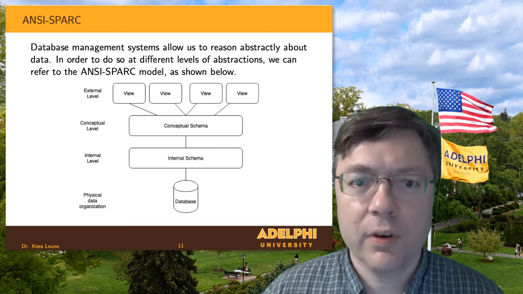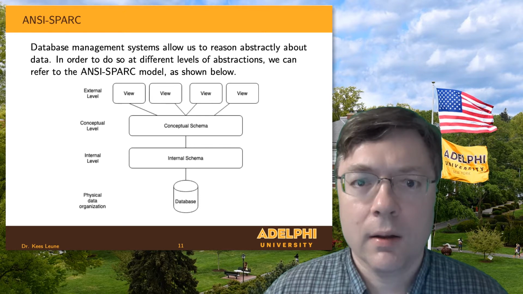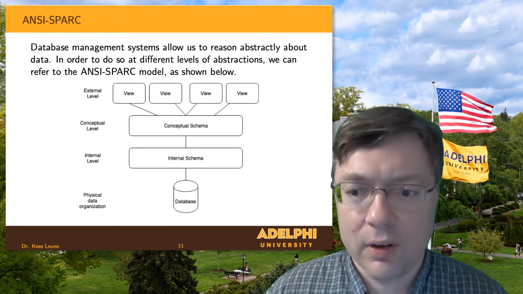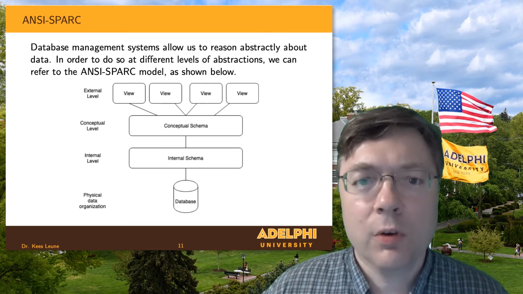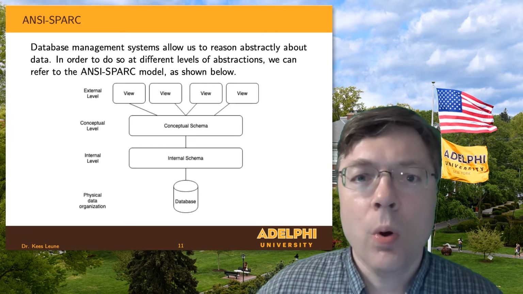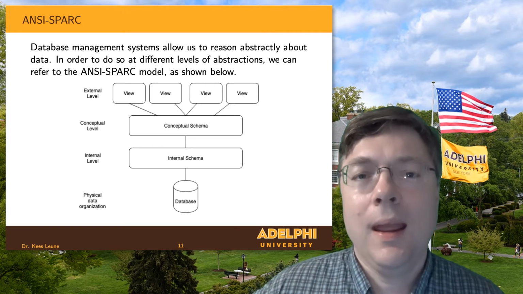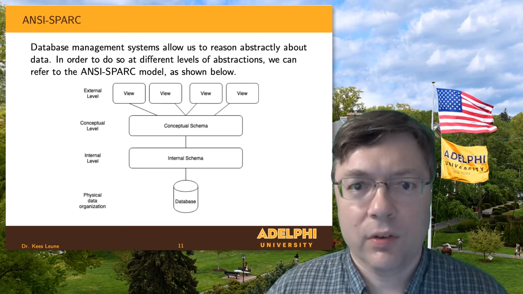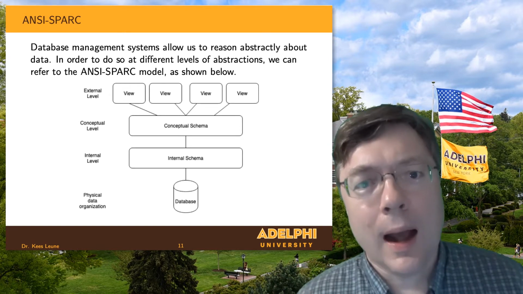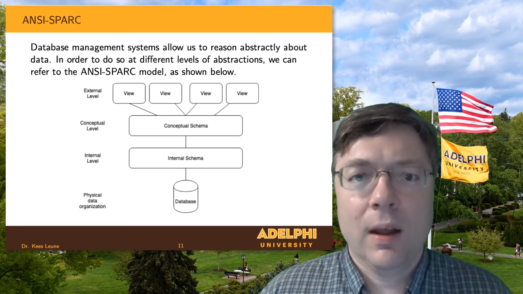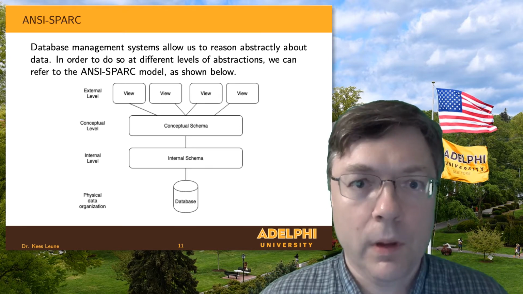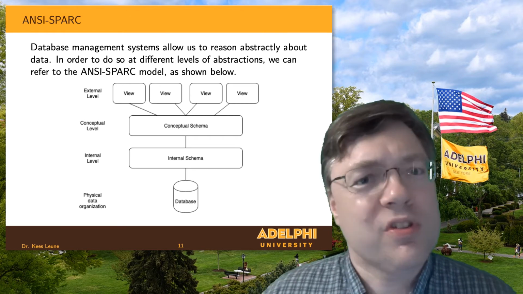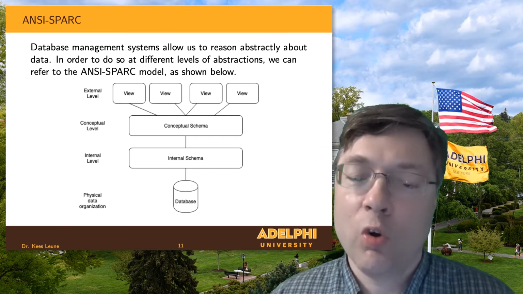The structure of the data, the nature of the data, how I access it, everything. Then we have the external level, and the external level is how we make the data appear to the database applications. So for example, I might be writing an application that should be able to pull up the transcript of a student. That means that I need to have the student's name, their ID number, the courses they took, and